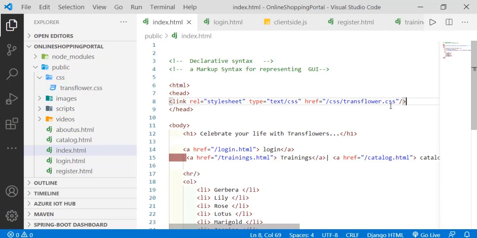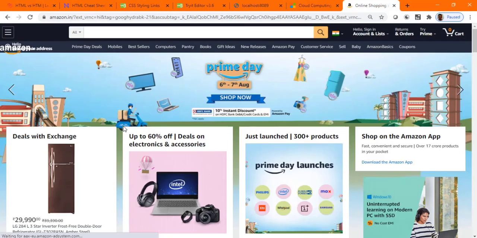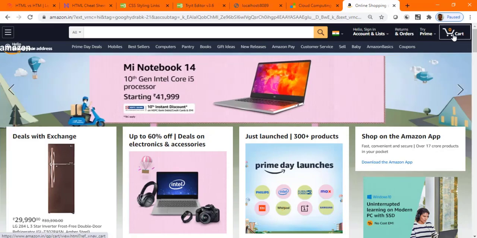So whenever you look at any web application, it is not just HTML, not just CSS, and not just JavaScript. A proper combination, proper alignment, proper mixing of these technologies will help you build a good website like this. You can see online shopping portal applications. There might be a header defined. There might be consistency in the fonts given for this HTML element, this HTML element, this HTML element.